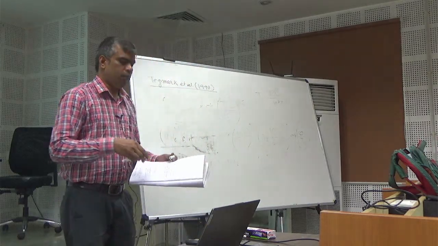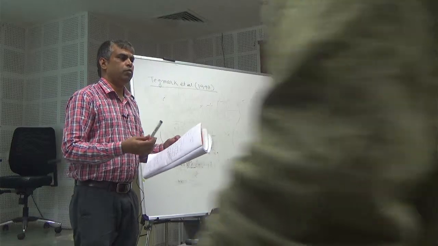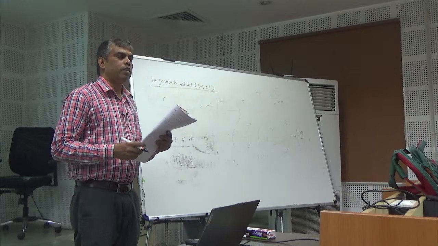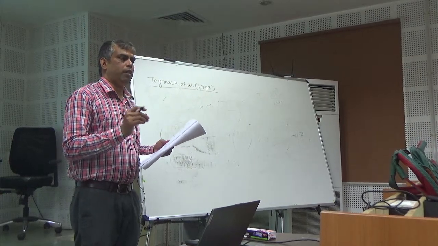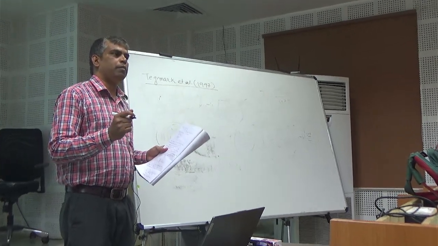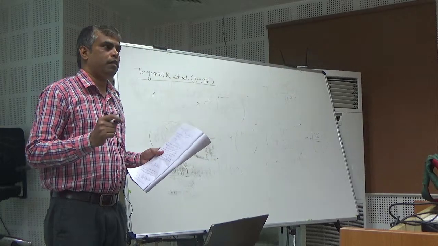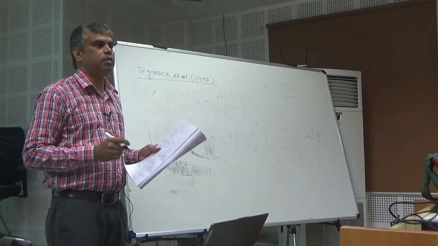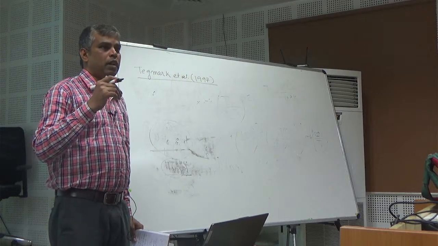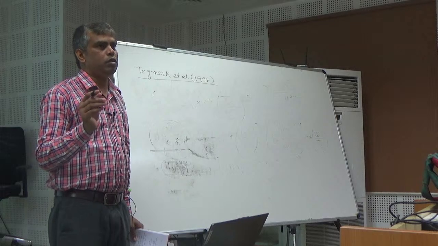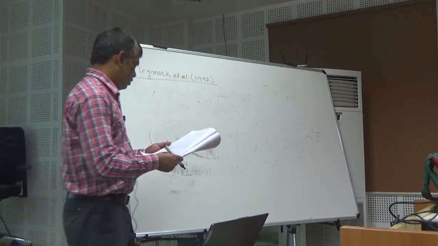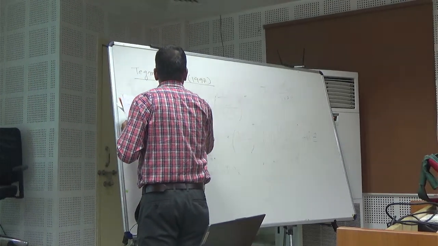So since Lyman-Warner photons are the ones which are actually destroying the molecular hydrogen, we need to calculate the Lyman-Warner flux, and we can calculate it using the same relation as the Lyman alpha flux expression. Yesterday we derived J alpha, that is the total Lyman alpha flux. So we can use a similar equation to calculate the Lyman-Warner flux as well. So the Lyman-Warner J